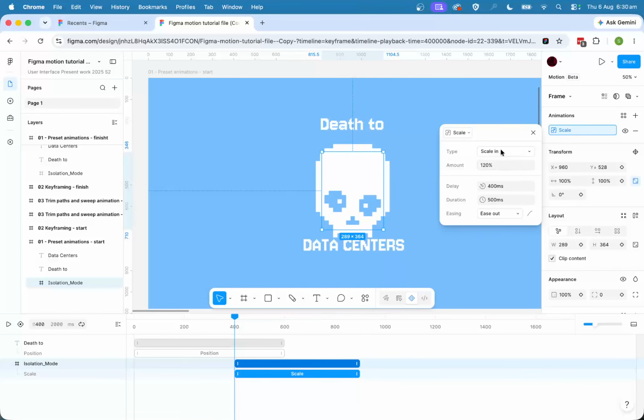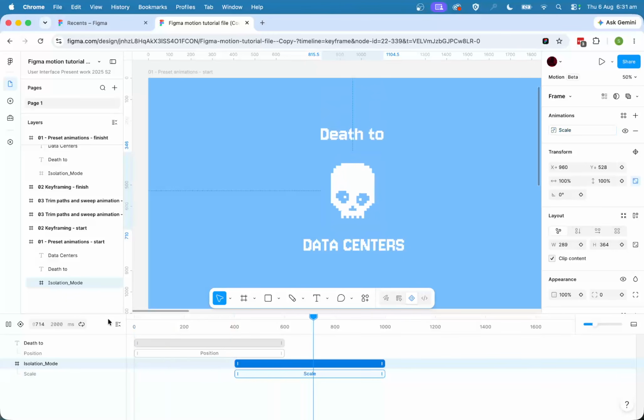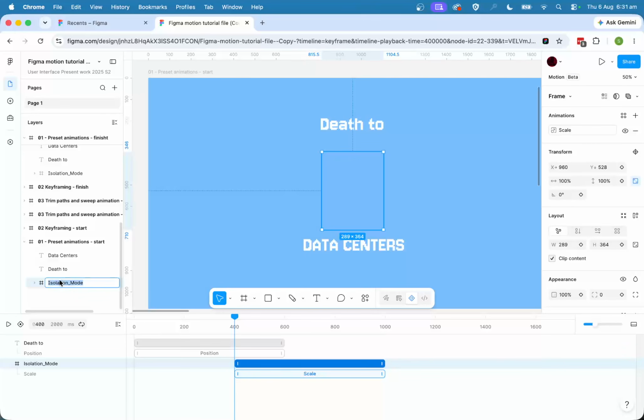All right, so it's going to scale in from, let's go 0. So it'll scale in from 0 over, well, this is our delay because I started it at 400, where my timeline indicator was. I'm going to make it go for 600 as well to make it match the earlier animation that we did. And let's play that. That's really good. Scaling in. But I'm also, with that frame, which I'll call skull,